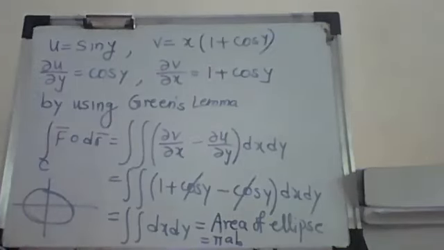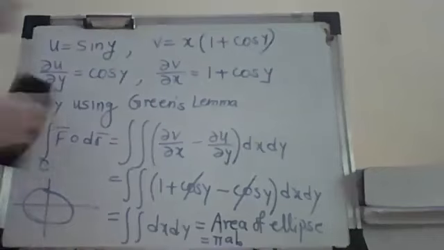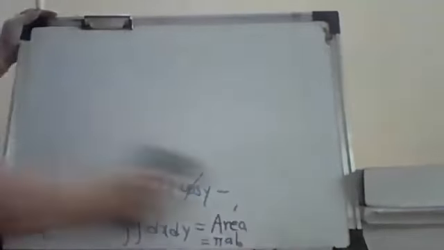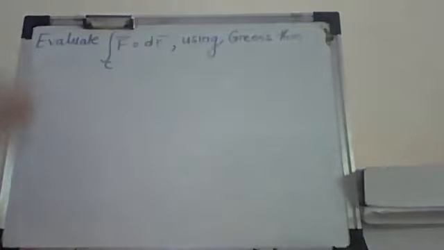Now we take the next example. So next is: evaluate the line integral f bar dot dr bar over the curve C using Green's theorem or Green's lemma, where